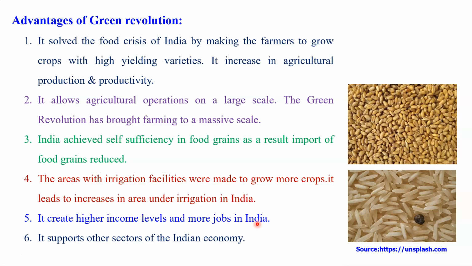These two are other important advantages. It supports the other sectors of the Indian economy. I just mentioned directly or indirectly, this Green Revolution also supports irrigation related companies, or you can say the pesticide, fertilizer, agriculture equipment related companies, and also the internal trade in India also increased with respect to agriculture commodities. So therefore, this is a really very good advantage we have seen when we implemented this program in India.